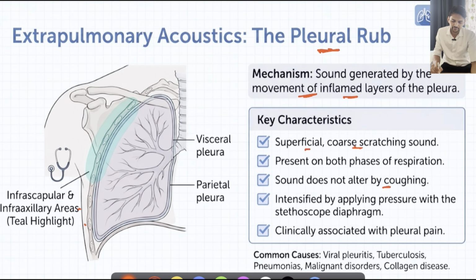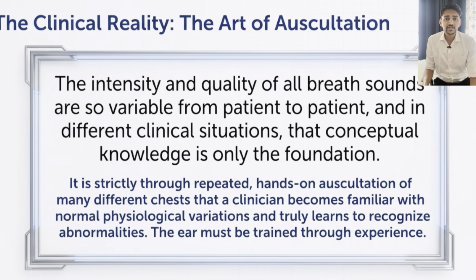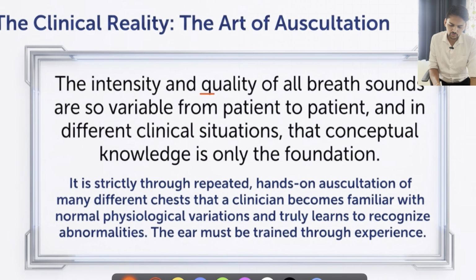And this sound will not alter with coughing, but it might get intensified by applying pressure with the diaphragm of the stethoscope, and it is usually associated with pleuritic pain. So these are some typical characters of pleural rub. What are the common causes of this inflammation of pleural layers? Viral pleuritis. And finally, just remember that the intensity and quality of all breath sounds are so variable from patient